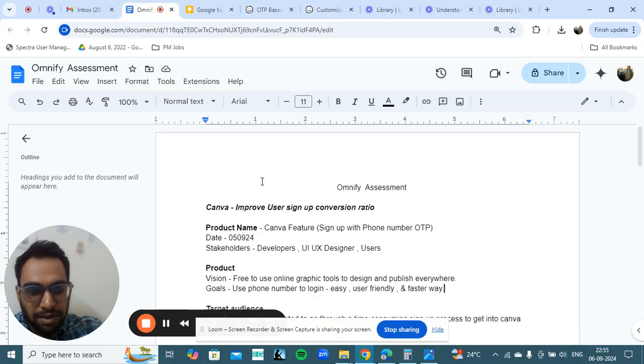So let's get started. The question that was given to me was, how can I increase or improve the conversion ratio on the sign up page while logging into the Canva website, and hence make a PRD for it. While I was going through the Canva website, what I observed was that